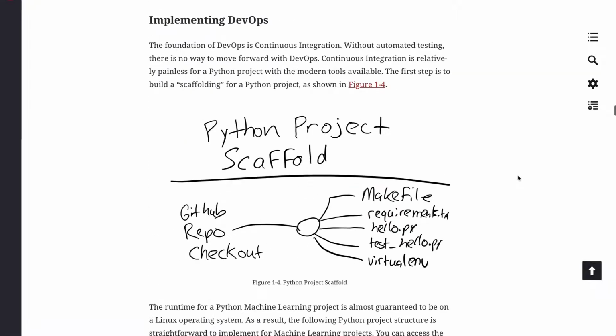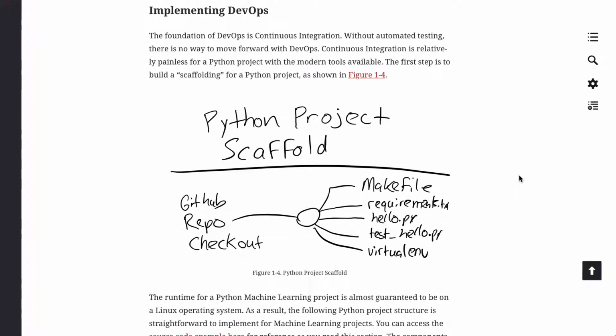And so one of the things that is a good thing to think about when you're starting in building a machine learning application, and you want to get started with the first layer, which is the DevOps layer, is to have a scaffolding for your project. And most machine learning projects are in Python. I mean, people are doing things in other languages like R or Go or .NET, but in general, most people are using Python. And this is my opinion when you're building a project,